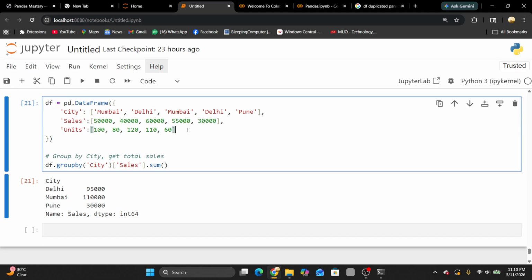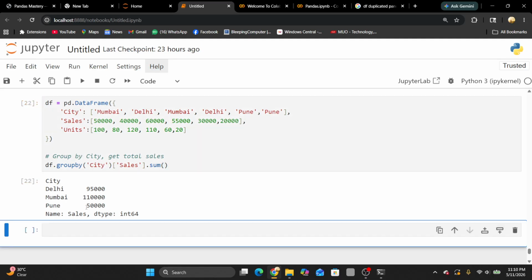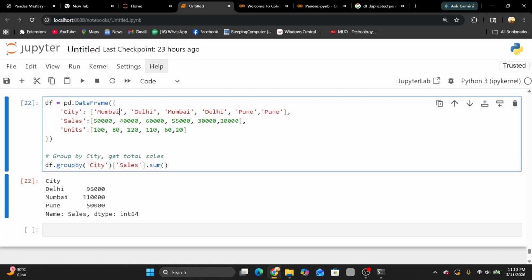So total is 95,000. Okay, so if I add another Pune here, like Pune, Pune, and just give a value 20,000. So now the units are just like 20. So you can change, Pune will be 50,000. So here multiple same values are there, so it is grouped by cities at first, then it will give the sum of the sales. Okay, so you can use the group by functions in this way,